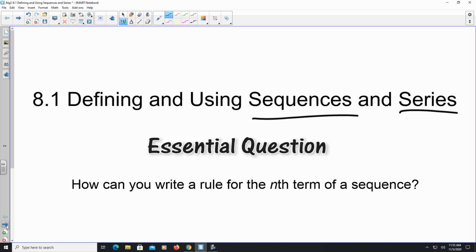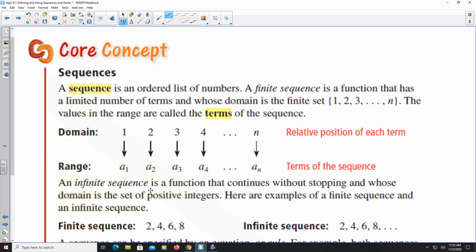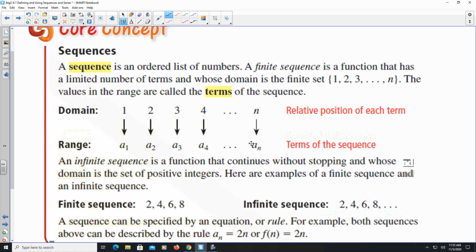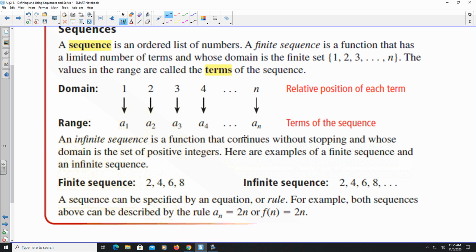So first off, again, this is a sequence, and usually what happens when you are given a sequence is you have whatever value it is determined by the spot in the sequence. So the first number in the sequence, they call that A1. Second number of the sequence is A2, A3, A4, all the way up to however many values there are in